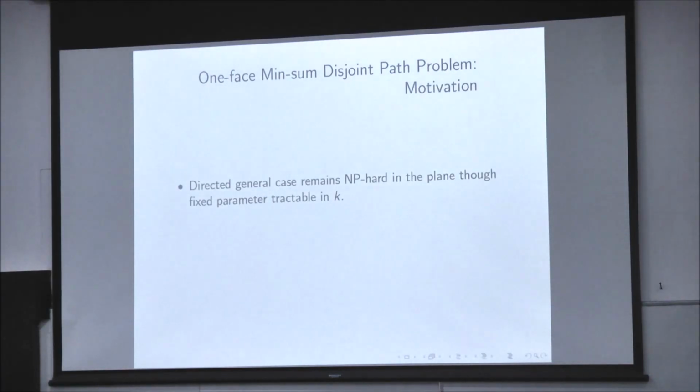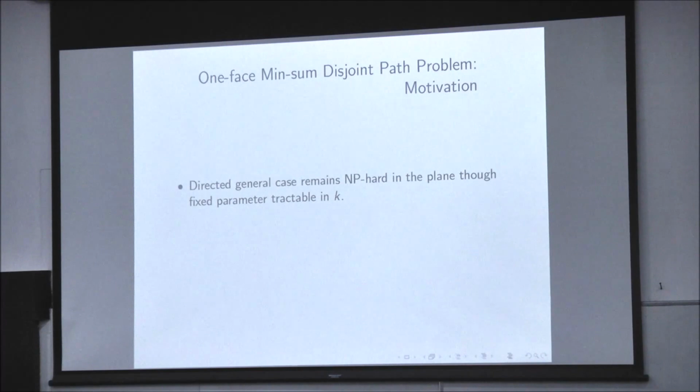So this problem is called the one face min sum disjoint path problem. Let me try to motivate this very special looking problem. The basic reason to study this problem is because more general problems are known to be intractable, or not much is known about them. For example, the directed general case, even for the one face disjoint path problem, is NP hard in the plane,